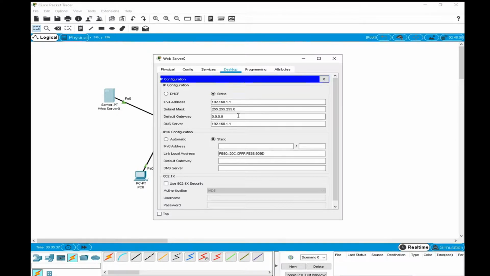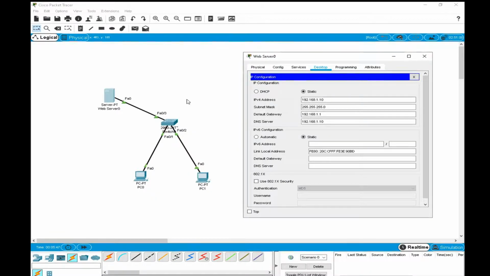Okay, so I don't have the default gateway, otherwise I will make it 1.1, because so far we don't have the router. So even if you do not write this one, no problem. Here we don't have a router now. If there is no router, the default gateway is not necessary. But if you have a router, then you have to mention the default gateway of your router. In our case we don't have the default gateway, because we did not add the router. I will add the router later on, don't you worry.